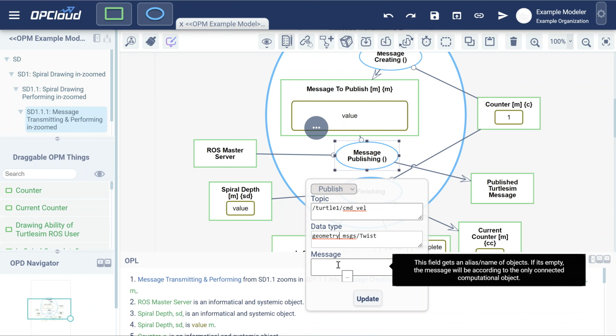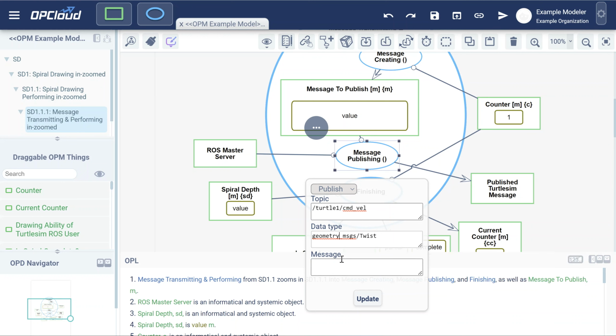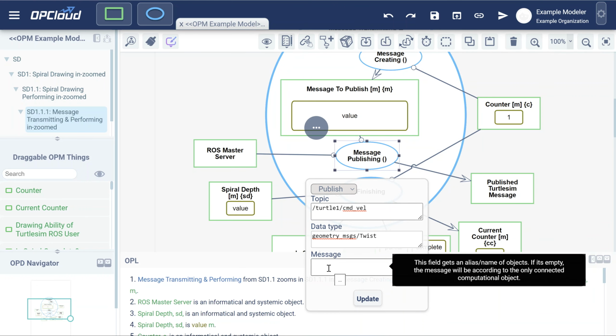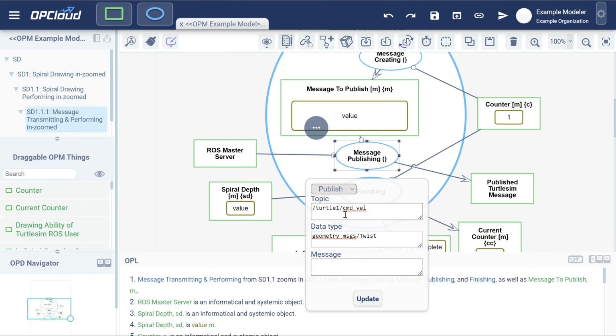If the message is empty, it will be only from the computational objects that are connected to it. If not, it will take the actual message here. Since we're building the message here, we will not put it in the message field of the screen. You can see that the topics are built as needed, but remember, we can use aliases and connected objects to build our own topic on demand,